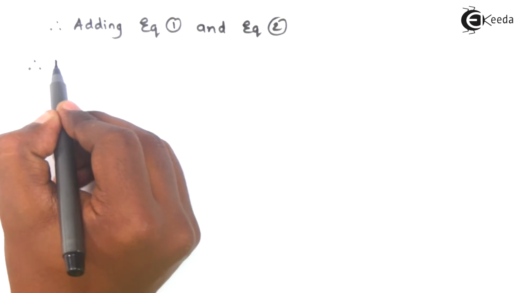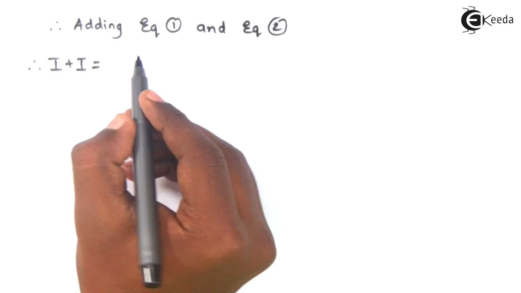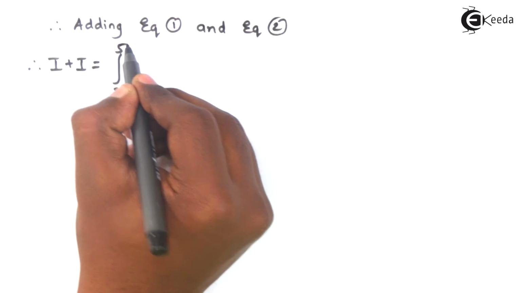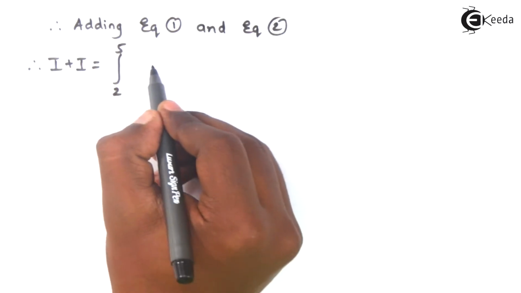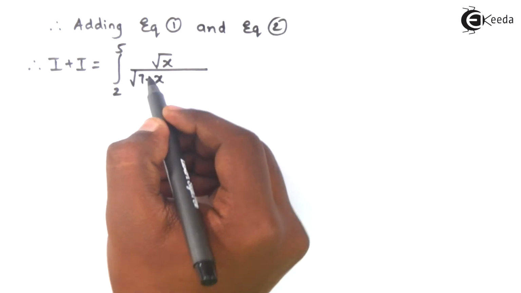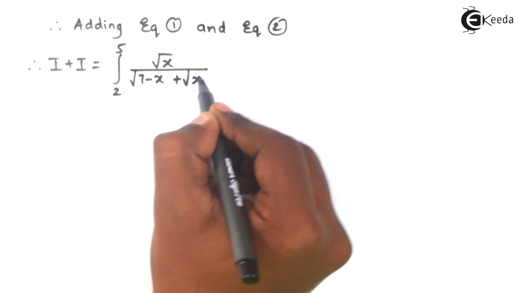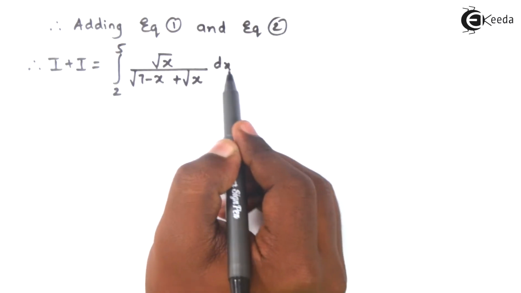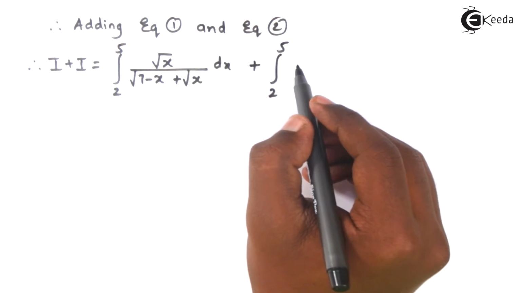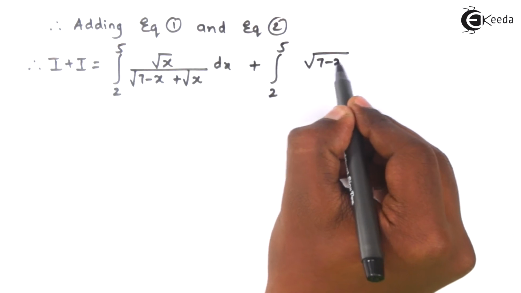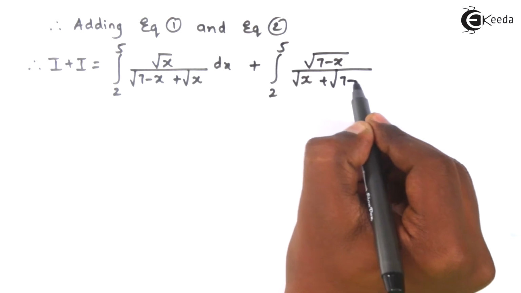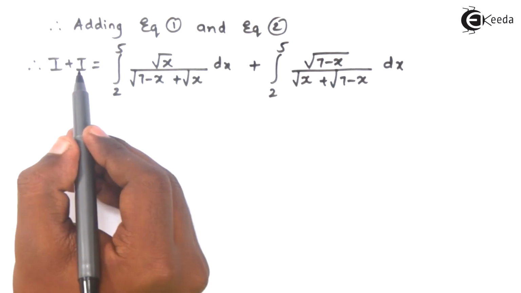This will give you I plus I is equal to integral 2 to 5 root x upon under root 7 minus x plus root x dx. This is the RHS of equation number 1 plus integral 2 to 5 under root 7 minus x upon under root x plus under root 7 minus x dx. I plus I will give you 2I